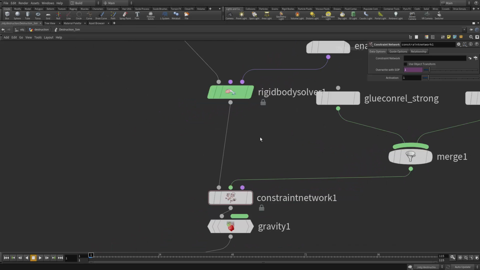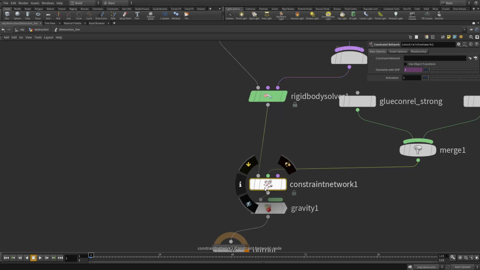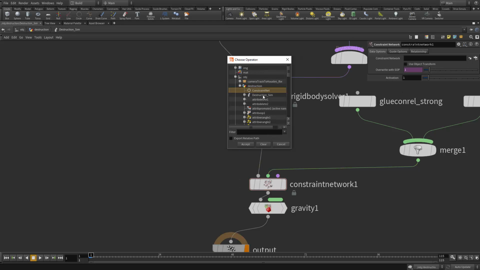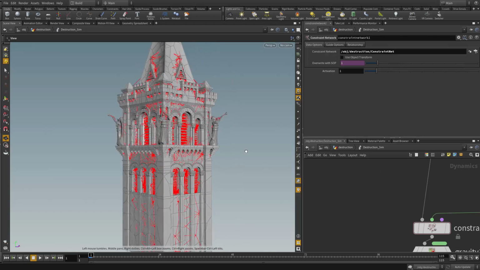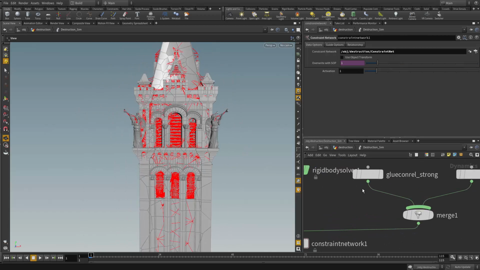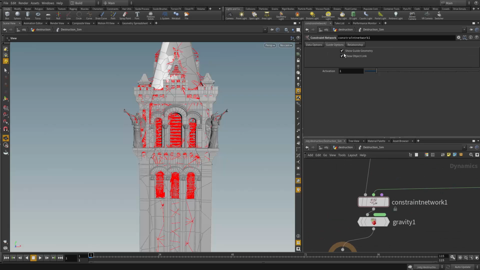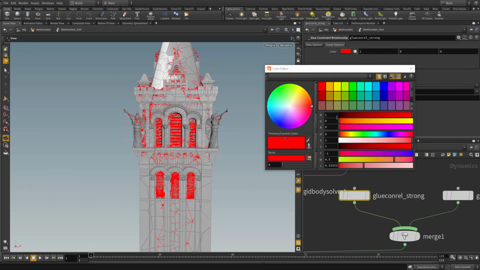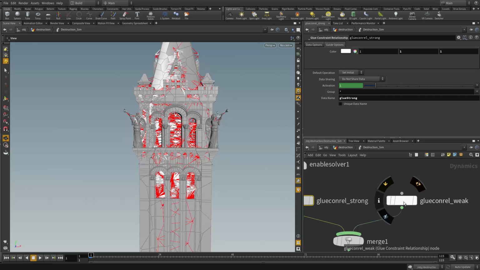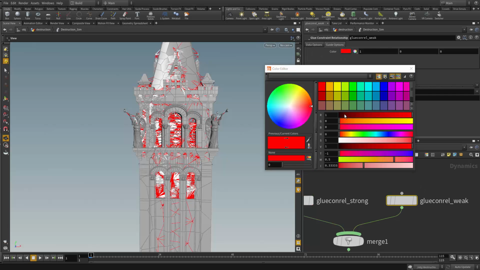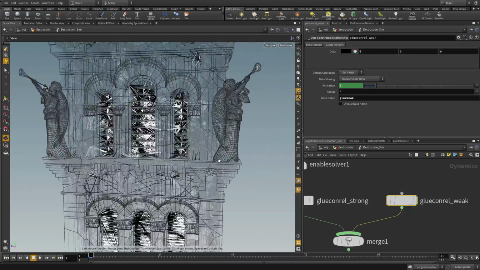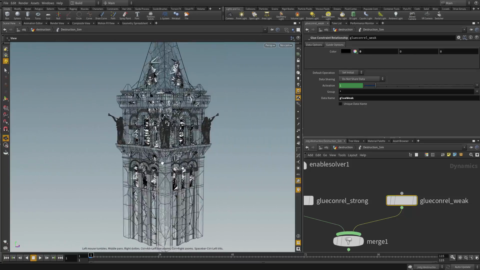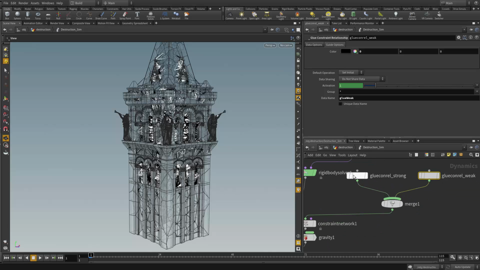So now let's go back to the constraint network and apply the constraint net right here, and we should be able to see the constraint network being visible here because we do have the guide on. We can actually change the color of the strong one to white and the color of the weak one to black, just to get the same kind of web we had before. Okay, now they're completely loaded without any problem, but if you do have some problem, check the data name, see if you have any typo,